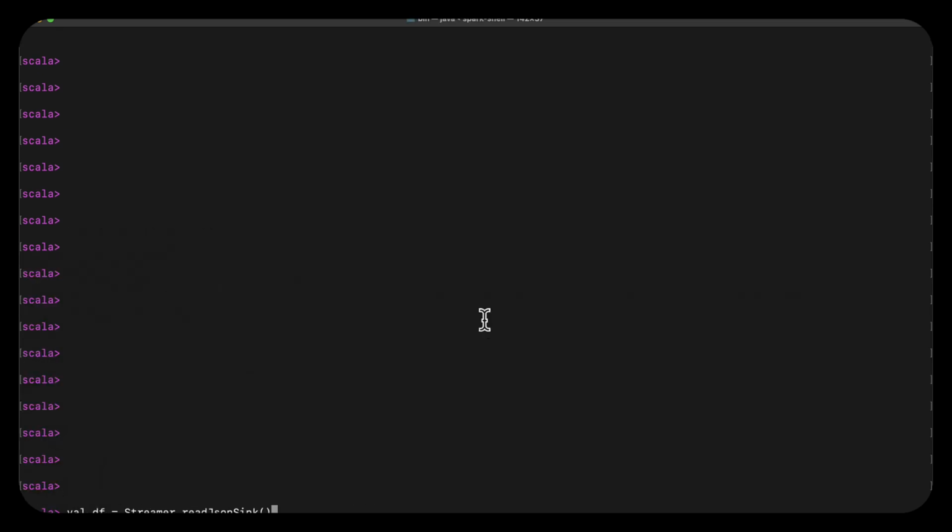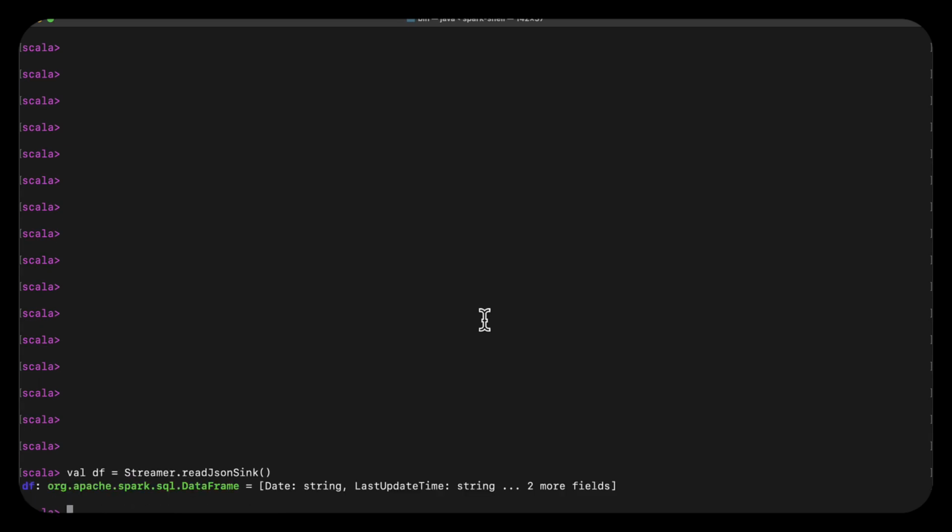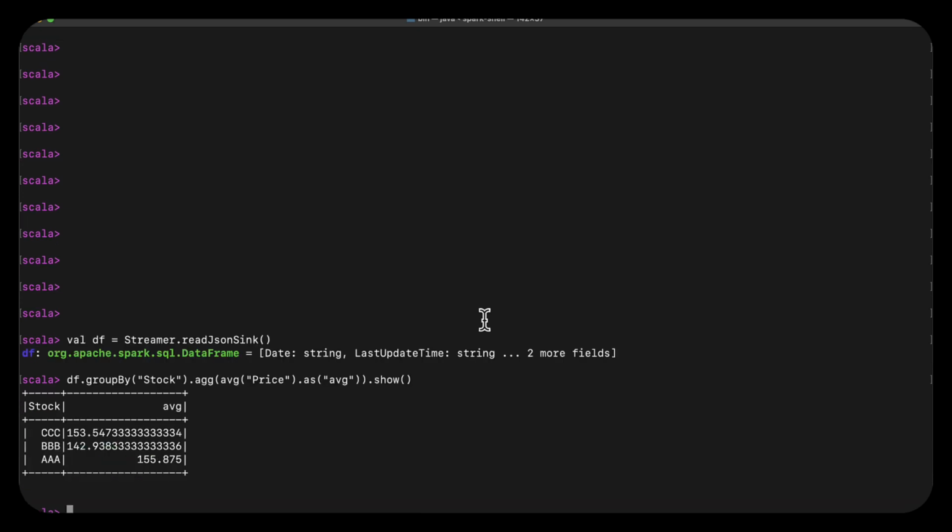So an example of batch processing would be data is coming in, files like that are coming in, and you read them in as a data frame. I have a method for that. It just reads those JSON files in as a data frame, and it does various kinds of aggregations on it. For example, I can do things like compute the average price and generate an average price column, things like that. So this is how I would work with flat